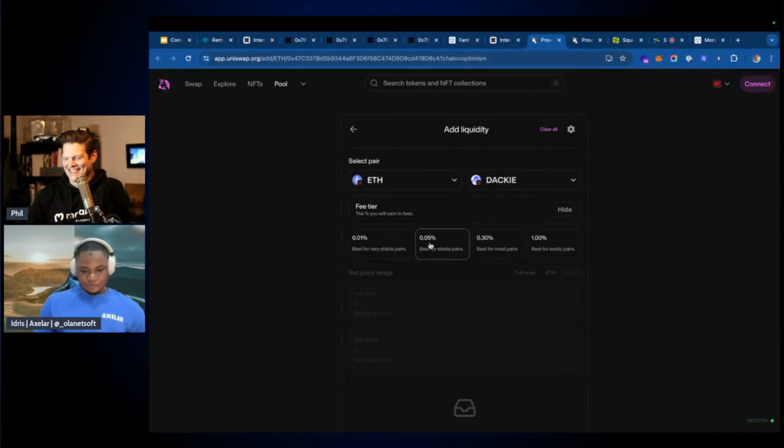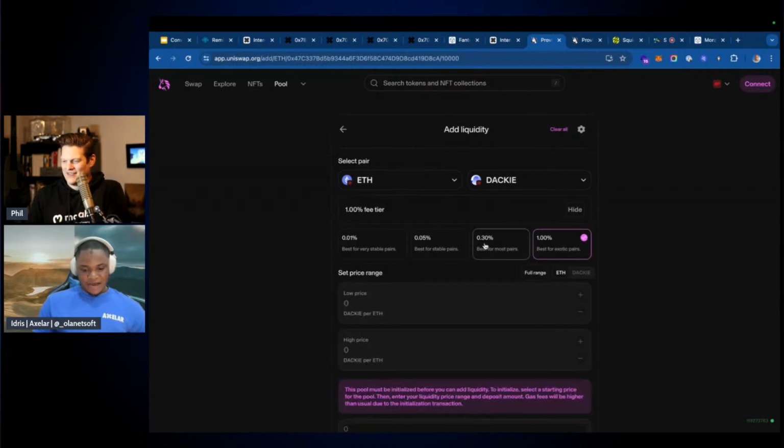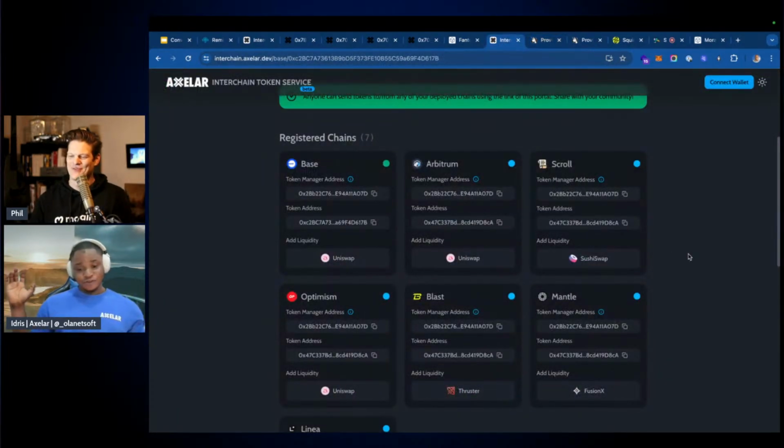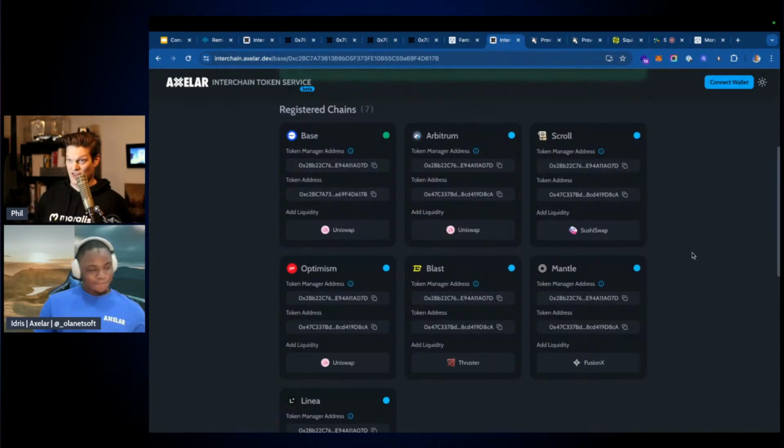And we can specify what we want to add and be able to select all of this information. And that's all you need to do to add liquidity on all of the chains. Very cool. Now, again, for anybody who's seeing this kind of thing for the first time, when you're providing liquidity for